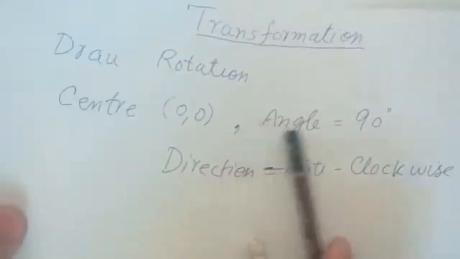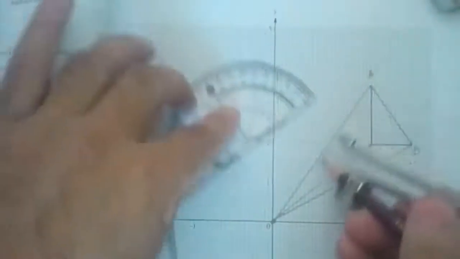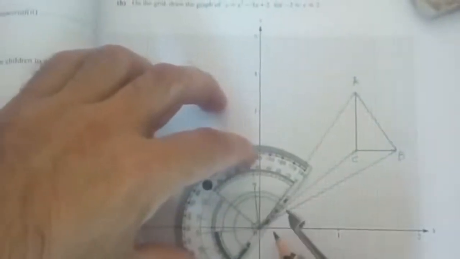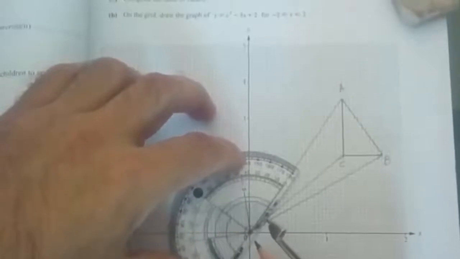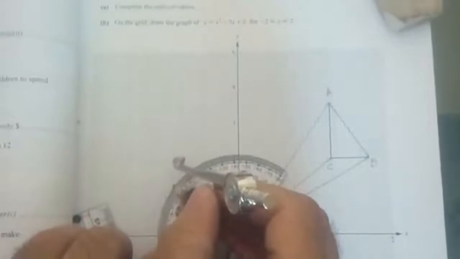So as the angle is 90 degrees, we will put this D on each line. Let me put D over this and draw a 90 degree angle. Okay, so this is 90 degrees, this is the angle. Let me join this, make an angle of 90 degrees. So this is the 90 degree line.